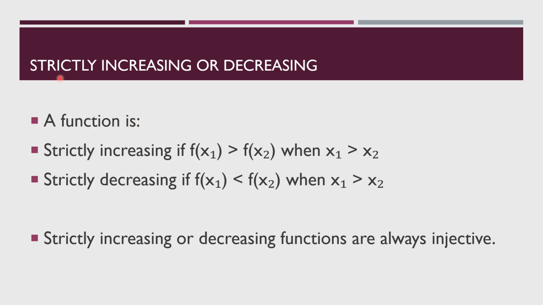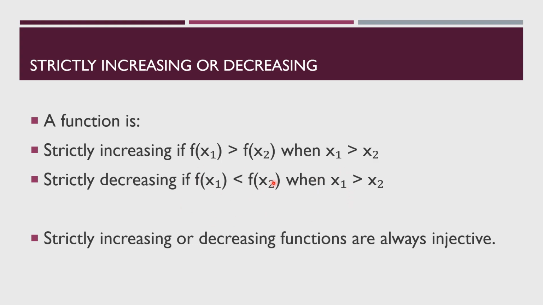Let's also talk about a function that is strictly increasing or decreasing. A function is strictly increasing if f of x1 is greater than f of x2 whenever x1 is greater than x2. Then strictly decreasing means that f of x1 will be less than f of x2 when x1 is greater than x2. So here x1 is greater than x2, but when you substitute such inputs into the function,